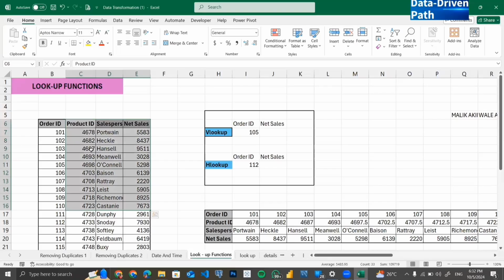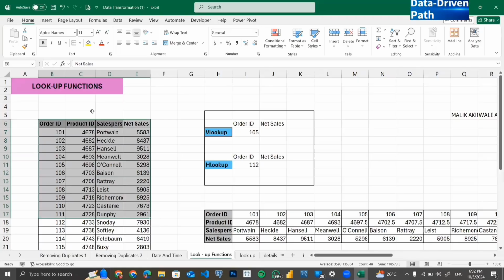Now, because I know that the value that I give will be cross-referenced with the first column in my selection or in my table, I need to make sure that the first column in my selection is the column where that value can be found. Even if I highlight from here like this, after highlighting, that column should be the leftmost column. It should be the column on the far left,